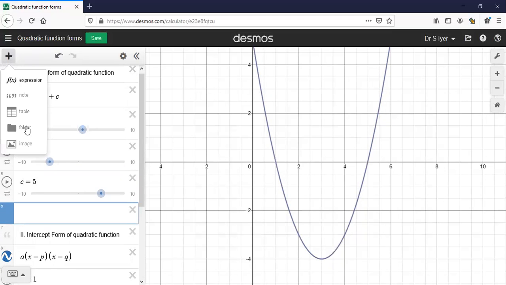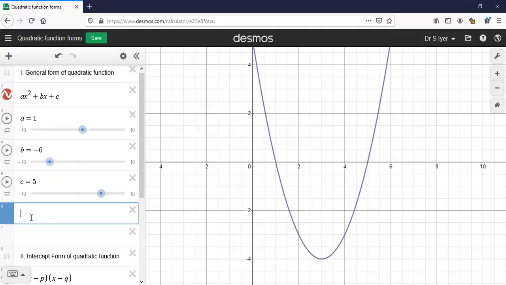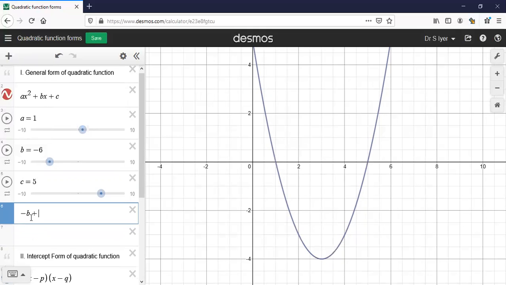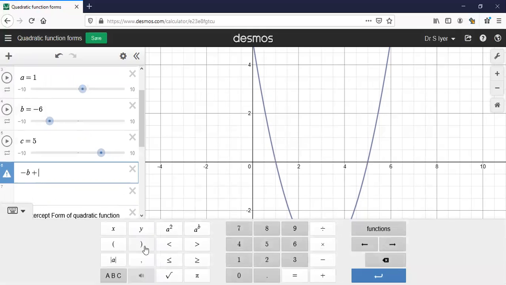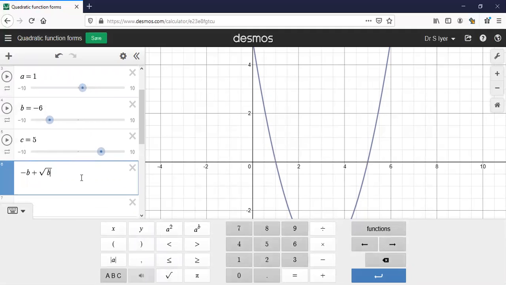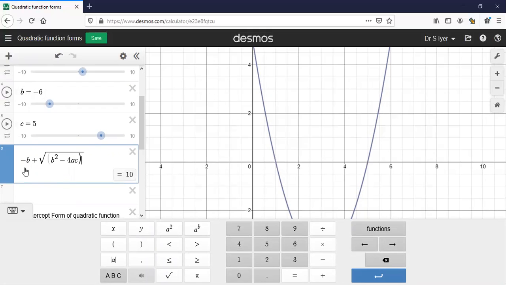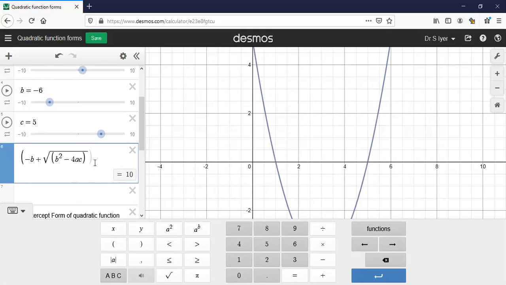This is something that you might have come across, but I'm going to put the formula: minus b plus or minus. I'm going to start with plus, square root of b square minus 4ac, the whole divided by 2a,